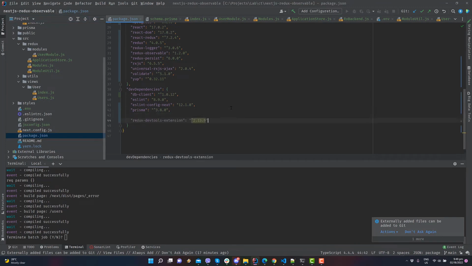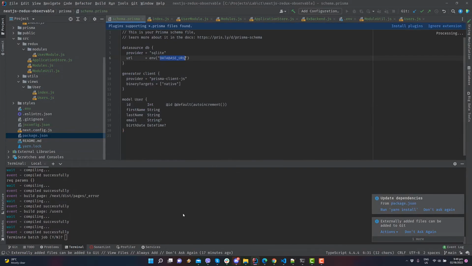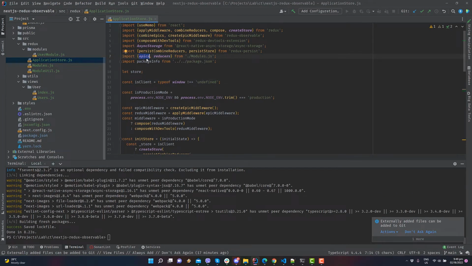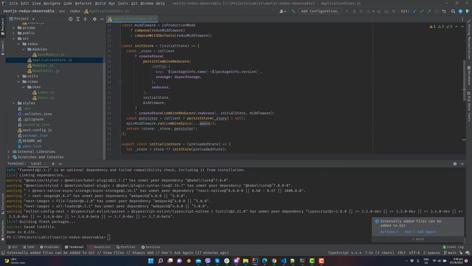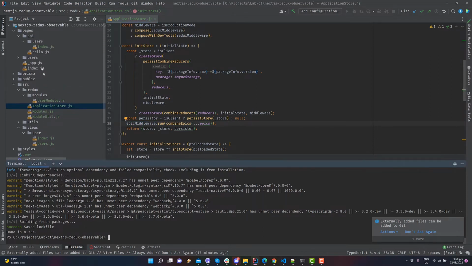Seems like we forgot to add Redux DevTools extension as a dev dependency. Going back to the application store, we import the epics and reducer from modules, combine the epics, and run the epics middleware. To integrate the application store into our app, open